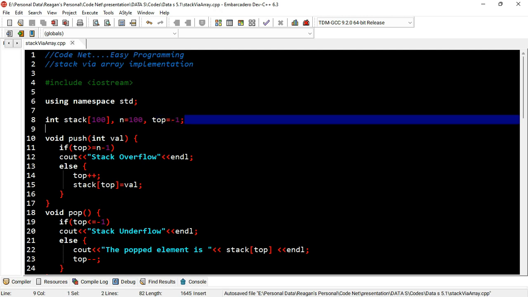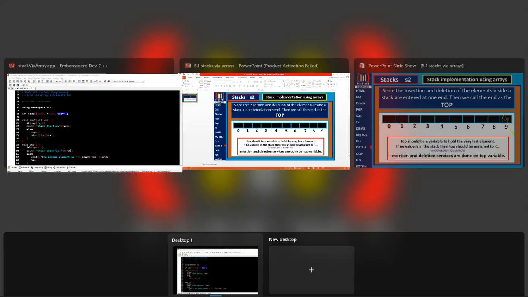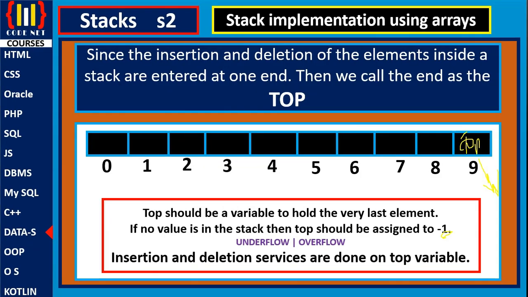Hence, top is by default a variable based on int as a simple data type, assigned to -1, because the stack, the actual stack, is definitely empty by now. Then there are common terms that you find as we proceed with our analysis and implementation of stacks using arrays. Some terms